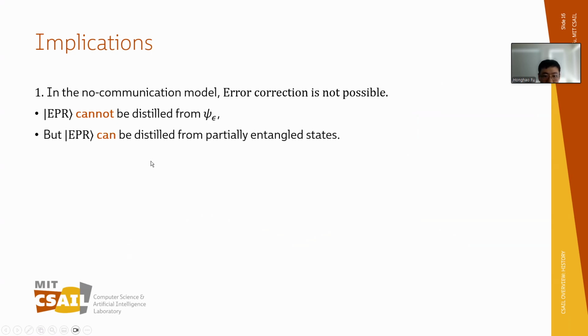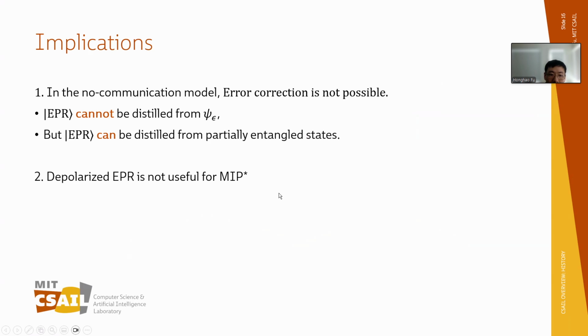However, we also notice that if you have partially entangled states, we can still distill the EPR pair with only local operations and no communication. This is called entanglement concentration in the literature, and I think it has been studied very early. But from these two points, you can see this noise is all unital noise. So we don't know what the effect of non-unital noise on MIP* is.